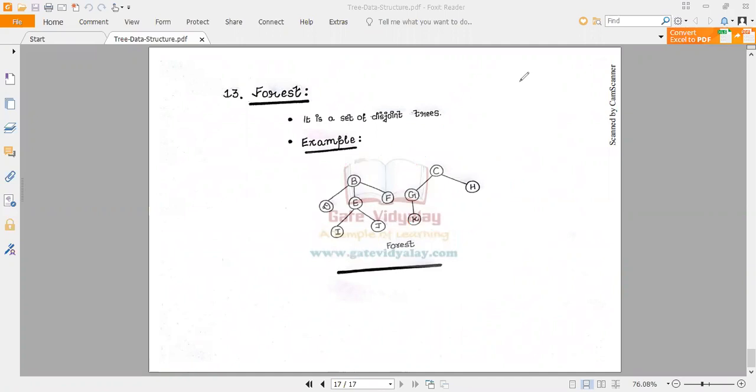All right. So this is all with the basic terminologies related to tree. In the next session, we'll be discussing binary trees. We will have a deeper discussion on binary trees. So as of now, if anyone wants to ask anything, you can.